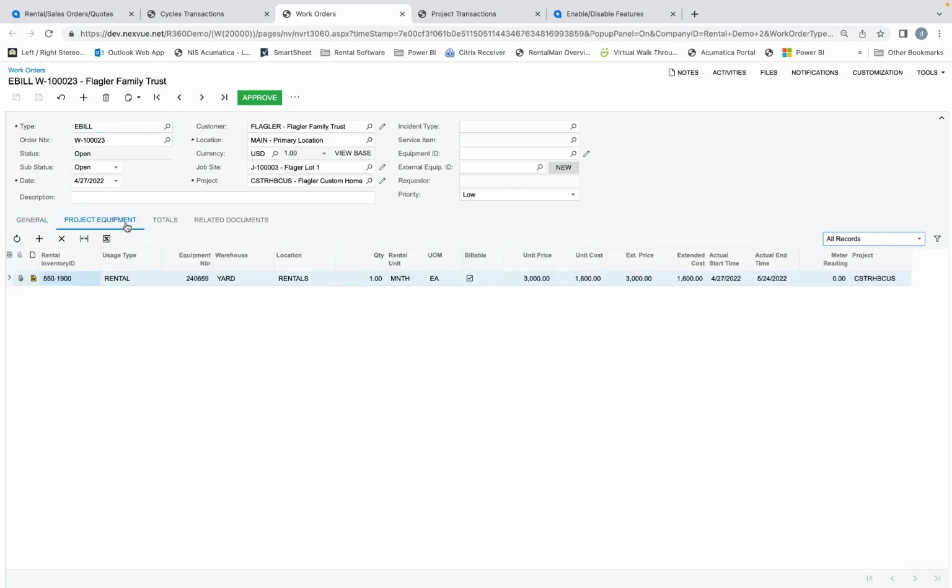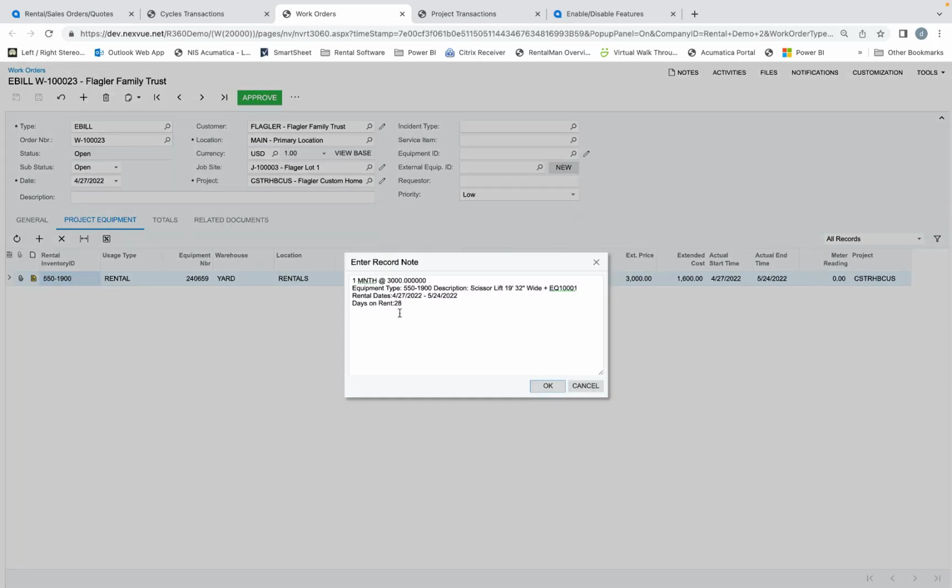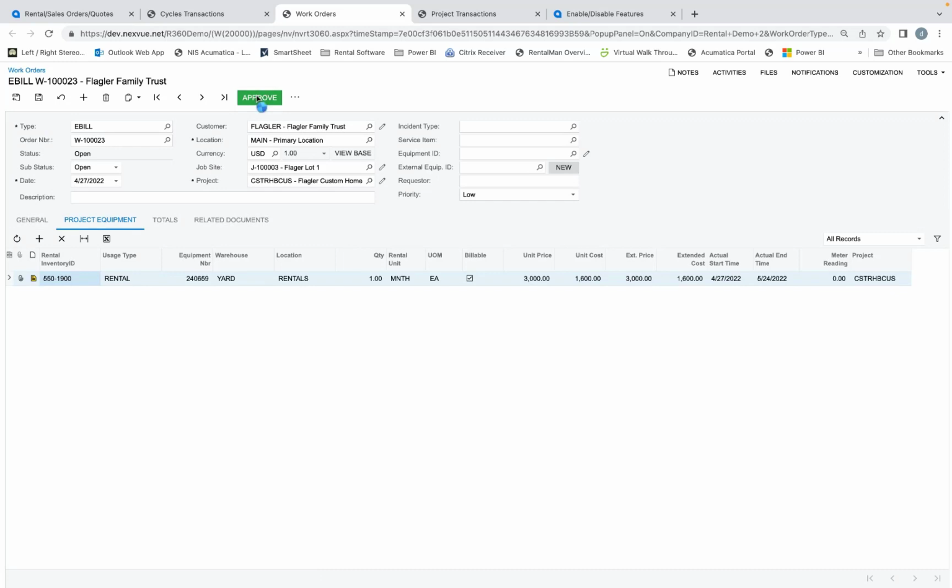We have activated the project equipment tab, and on this tab you'll see the equipment number, the unit price, as well as the cost from the rate table. They could be changed at this point if you wanted to. It has the actual start date and time, and then we added in a note that will flow over to the project transaction, which can be used for informational purposes and billing. So our goal is to post this to projects and be able to hit both a billing and a cost account group for this